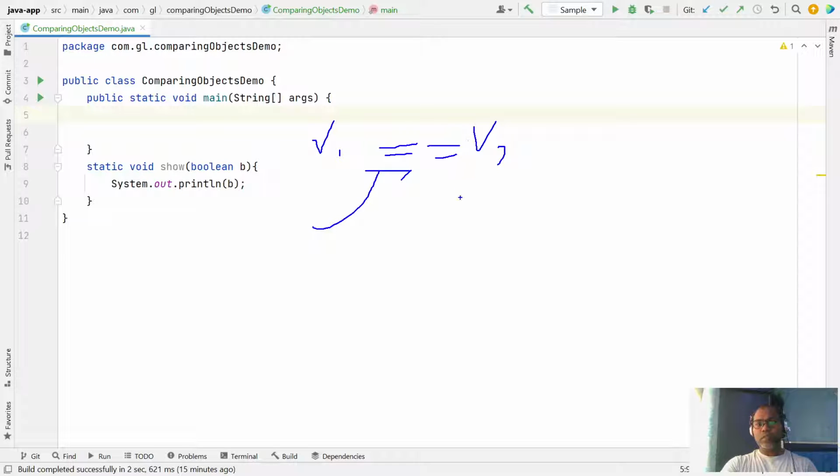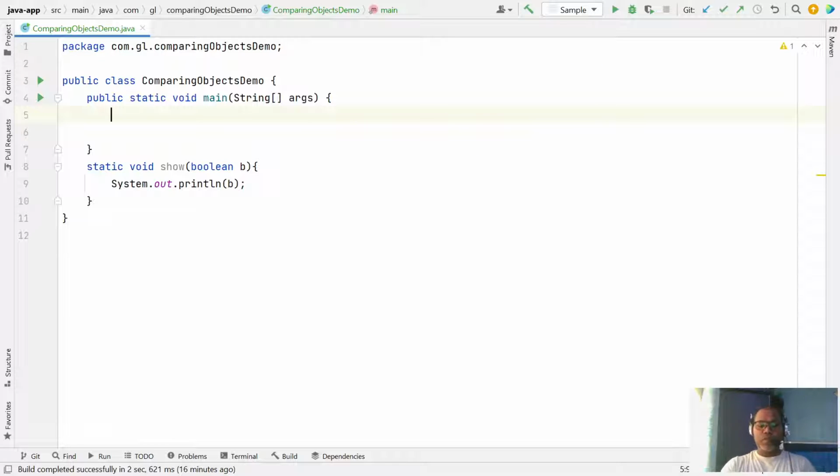But in Java, a value can be of two types: a primitive value like int, float, double, and another kind of value can be an object. Generally the double equal to operator is used to compare primitive values, and equals is generally used to check whether two objects are equal or not.